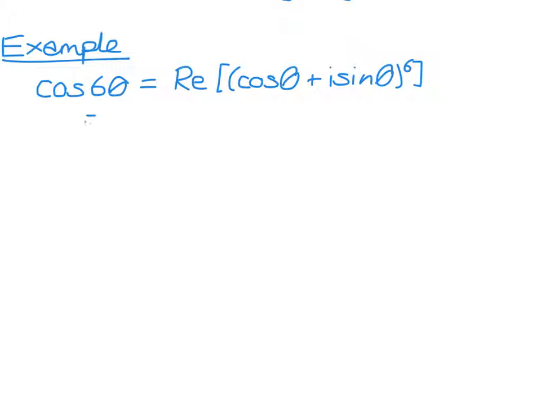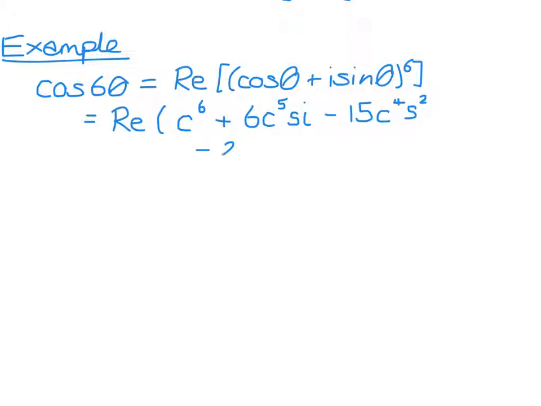So this equals the real part of, using the binomial expansion, cos theta to the power of 6 plus 6 times cos theta to the power of 5 times i sine theta minus 15 times cos theta to the power of 4 times sine theta squared. So minus, because i squared is equal to minus 1,